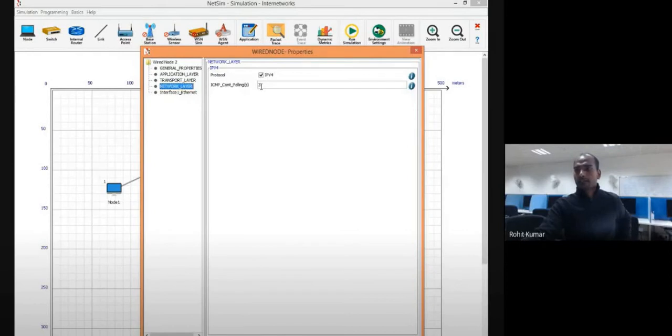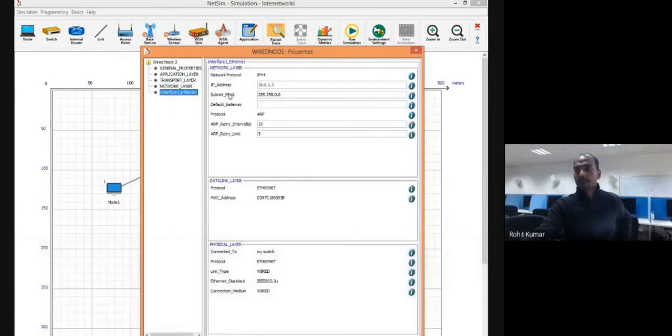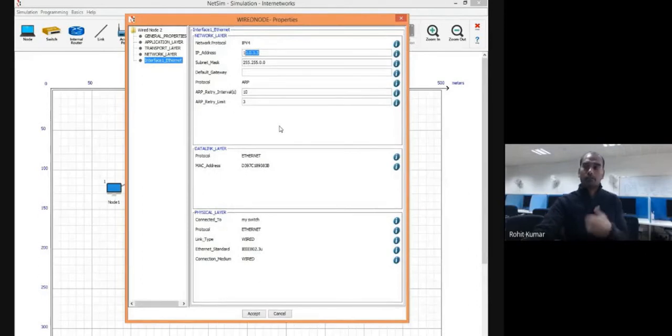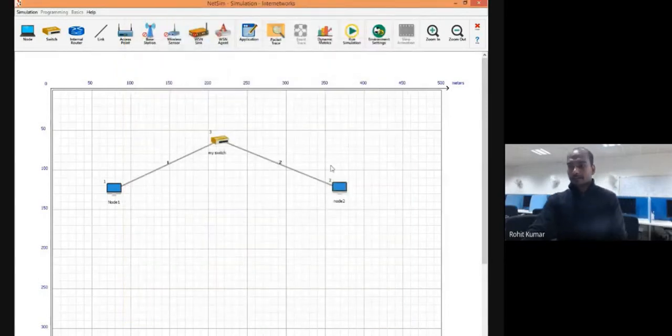Then network layer. At the network layer, IP version 4 is working. And you can set the IP address if you want to. If you don't want to, okay, leave it. DHCP will take care, so the IPs are assigned automatically. We didn't enter these IPs. Then how did they come up? Because of the DHCP service. Dynamic Host Configuration Protocol will take care of dynamically configuring all the devices, including the routers, etc. Means all the IP devices. So simply accept it. Now we are ready.